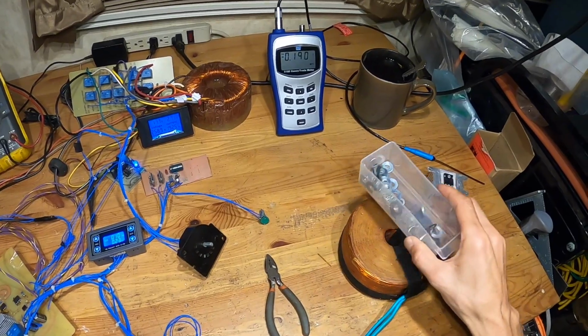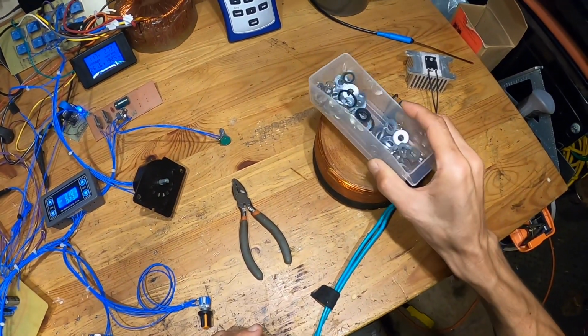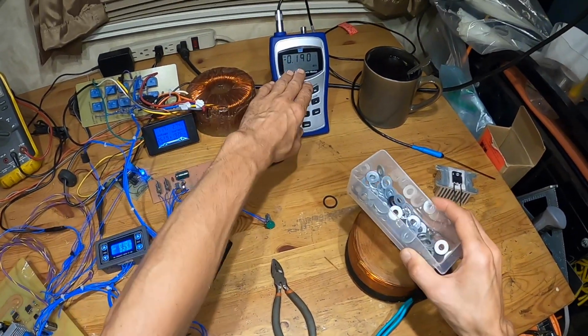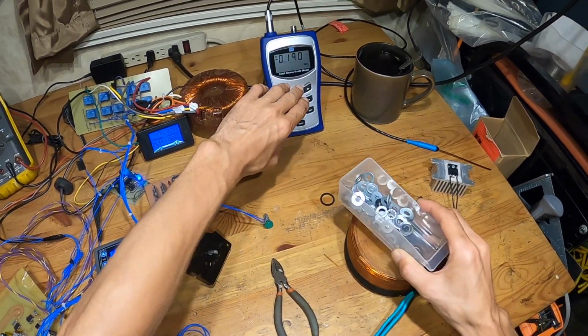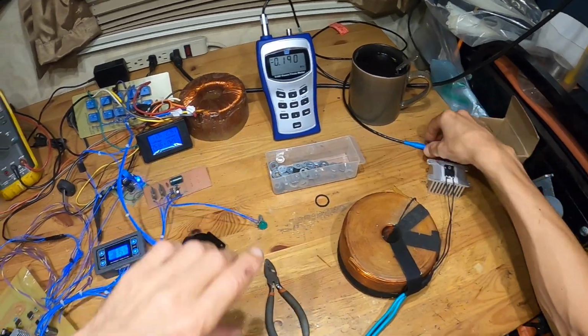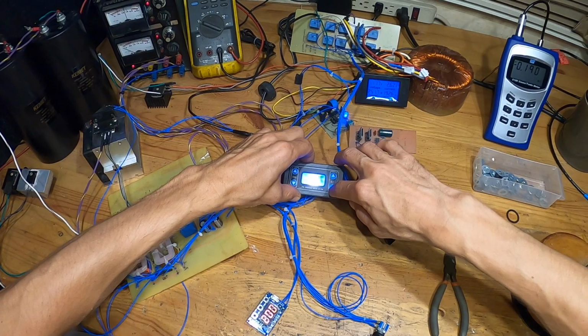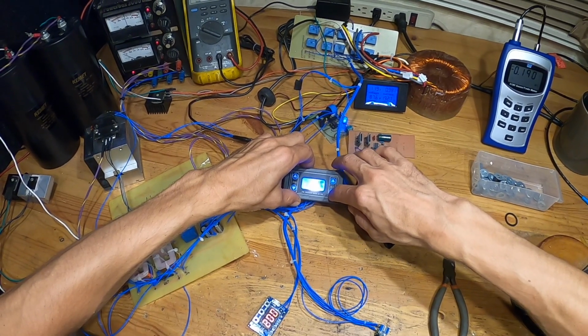You see how much energy? It's got quite a bit of energy, and it's only 0.2 Tesla. 0.2 Tesla output. All right, I'm gonna decrease the power duty,